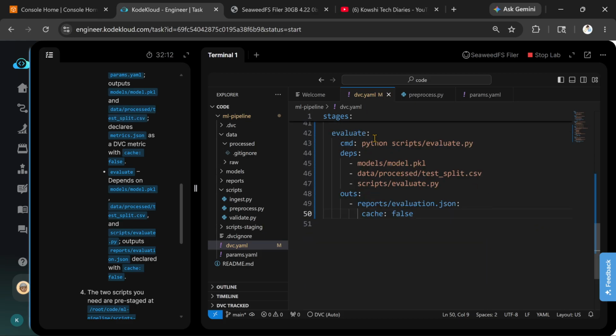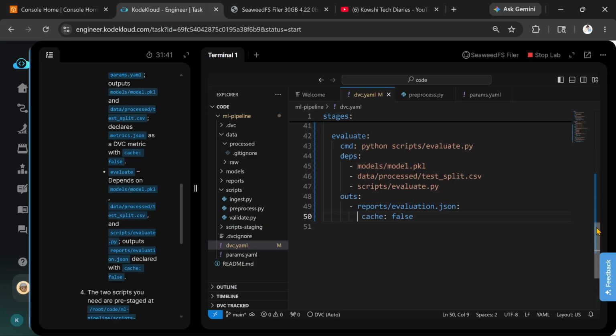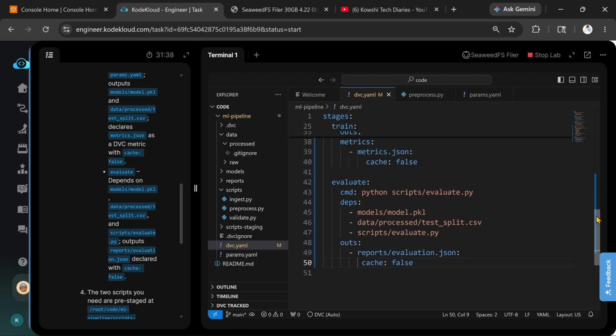We need to add the evaluate stage. The command should be python script evaluate.py, and then the dependencies should be models model.pkl file, and also data process test.csv and script evaluate.py. The dependencies will be running, and after that we need to get the output to reports evaluation.json file. So we have created the